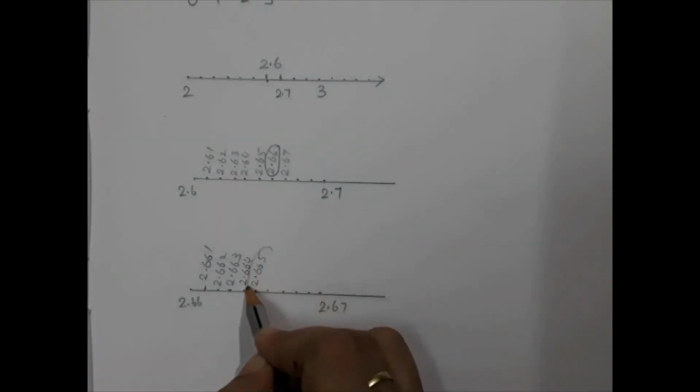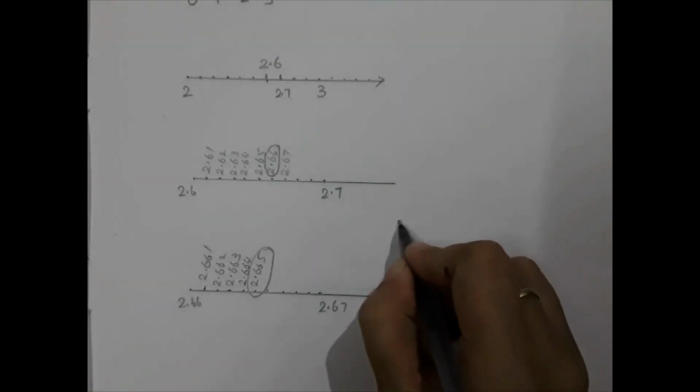We need 2.665. Okay, so the answer will be this one, 2.665. Okay, so listen here please. Whenever you want to construct or locate 2.665 or a likewise number on the number line, you have to zoom. Is it clear? When we are zooming, that is increasing. Okay, first look, 1, 2, 3, 4, 5 etc. is there. But after magnifying that, it becomes small lines and it is visible. Likewise here we are zooming or magnifying.